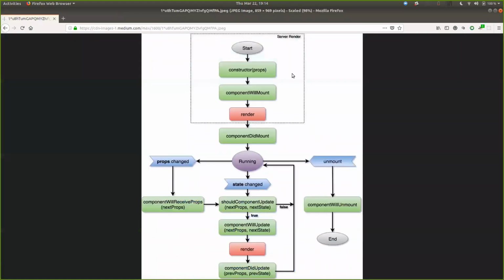So the component lifecycle. I found this image. I think it's pretty cool. And it does cover the whole component lifecycle as it stands. Where's my other notes? Somewhere in here. Cool. So